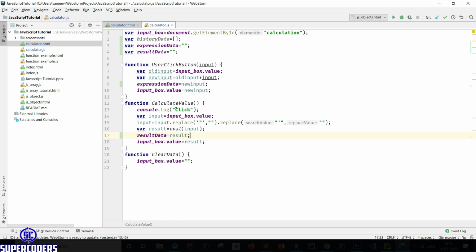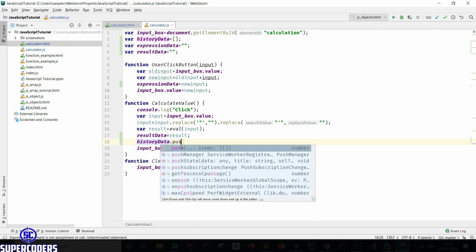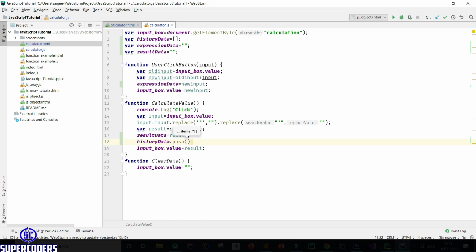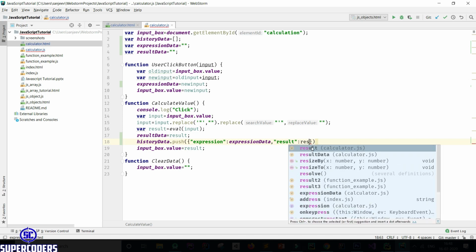Also on clicking I will store that data in this history data. So come back here, history data dot push. So I am pushing a JSON object. Here you can see expression. So expression is our expression data. Then result is result data.